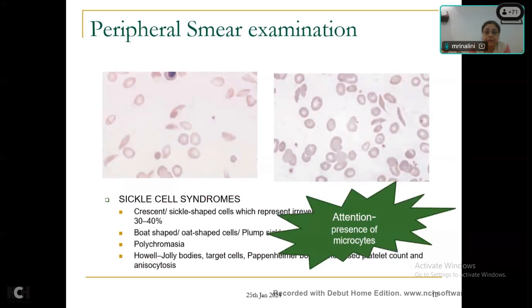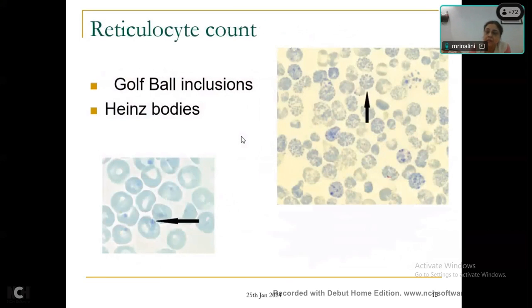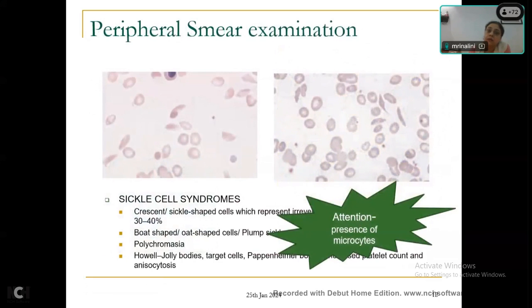So attention has to be paid to the presence of microcytes, especially in sickle cell, because if you have a compound heterozygous state of sickle with beta, you will get a microcytic cell along with the presence of sickle cells. So these little observations in your routine CBC and hemogram will help you make a clearer diagnosis when you